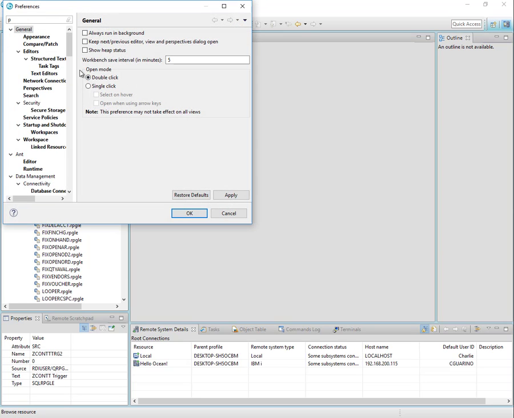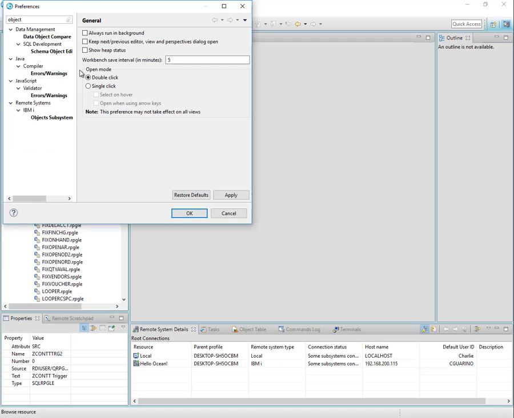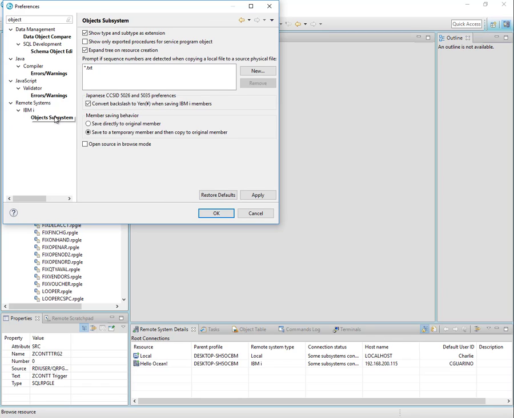Because this is in the objects subsystem right here, if I go to window and preferences and now type in objects just like that, and now click on object subsystem right there, there's this new preference here, fairly new, called open source in browse mode. And when I check that box just like that and say OK,